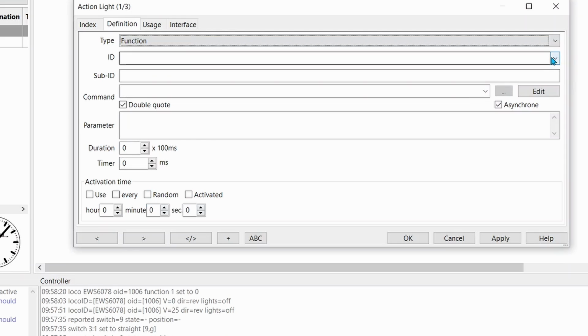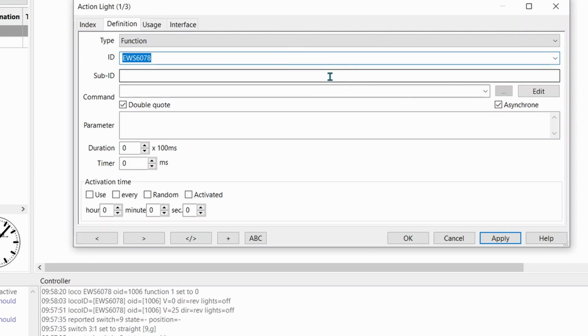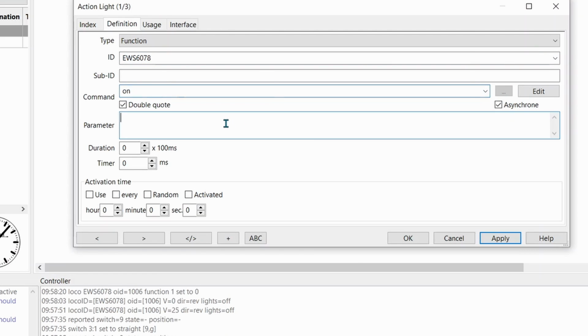The ID is going to be locomotive ending 78. The sub ID we'll leave blank. The command we're going to give it is on. And this time in the parameter we're going to give it 0. It's F0 on my layout to turn on the lights. Apply.